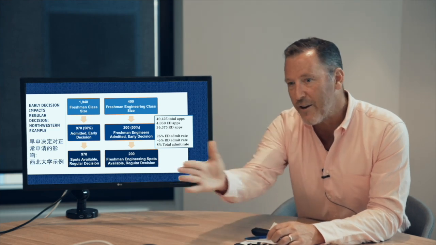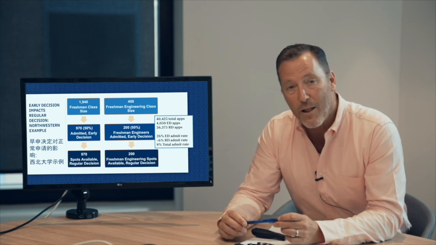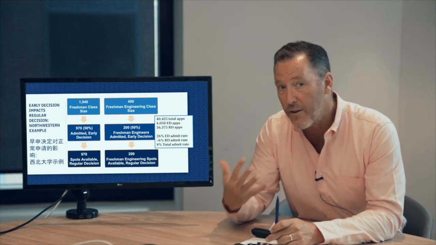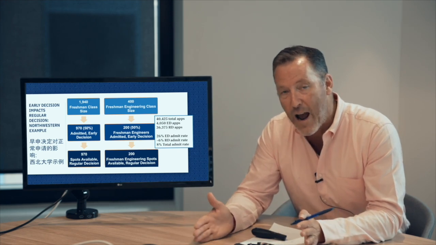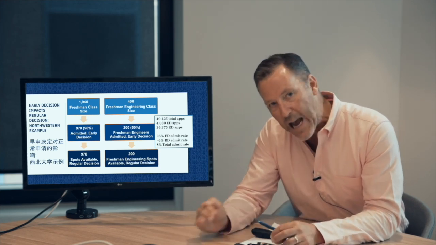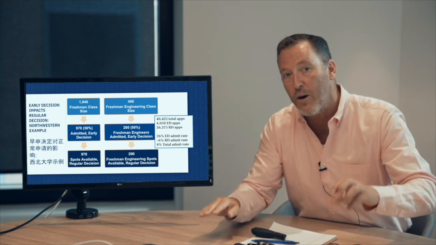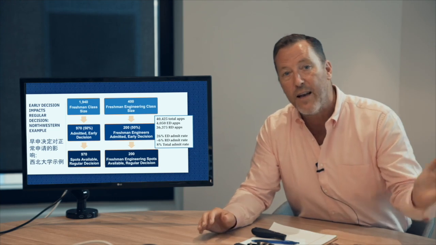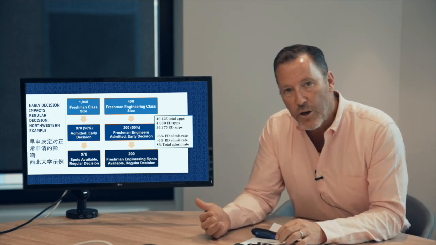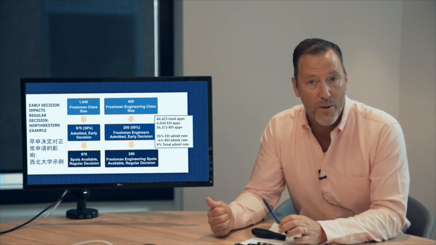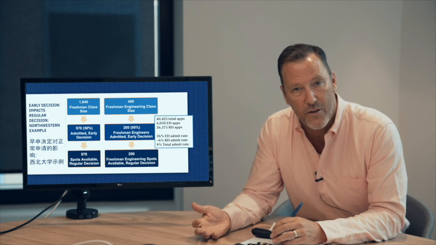Early decision doesn't allow you to shop around financial aid offers. And so therefore, large public universities, the University of California, the University of Texas, they're not going to ask for or have an early decision program. These are taxpayer-funded universities, and therefore it's unfair to have an uneven playing field where wealthier students have an in more than students that don't have the funds. So as you research early decision, please recognize the bump that it gives you, but also the financial constraints that come with an early decision application.